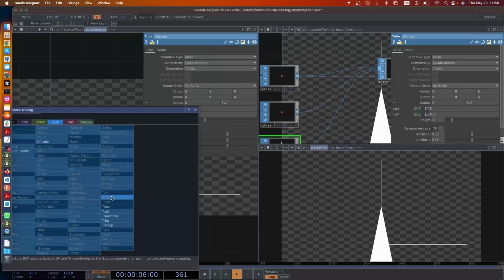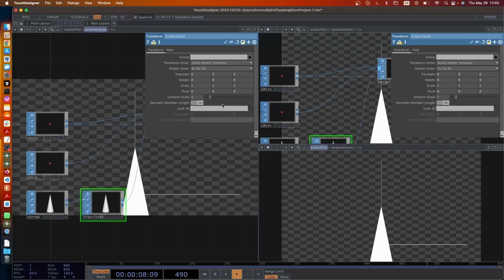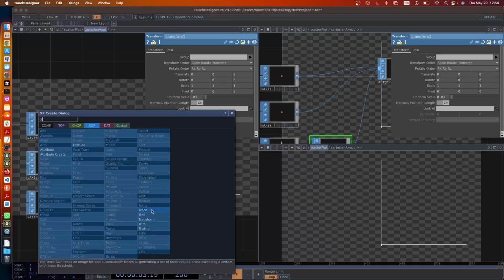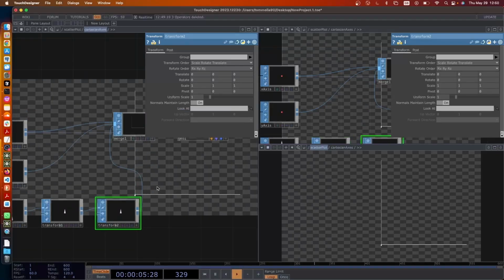We can use a transform. So we can make it very, very small, like 0.03. That's acceptable. And let's use another transform for the rotation. We can rotate on the z-axis to minus 90. So it's pointing on the right. And then we move